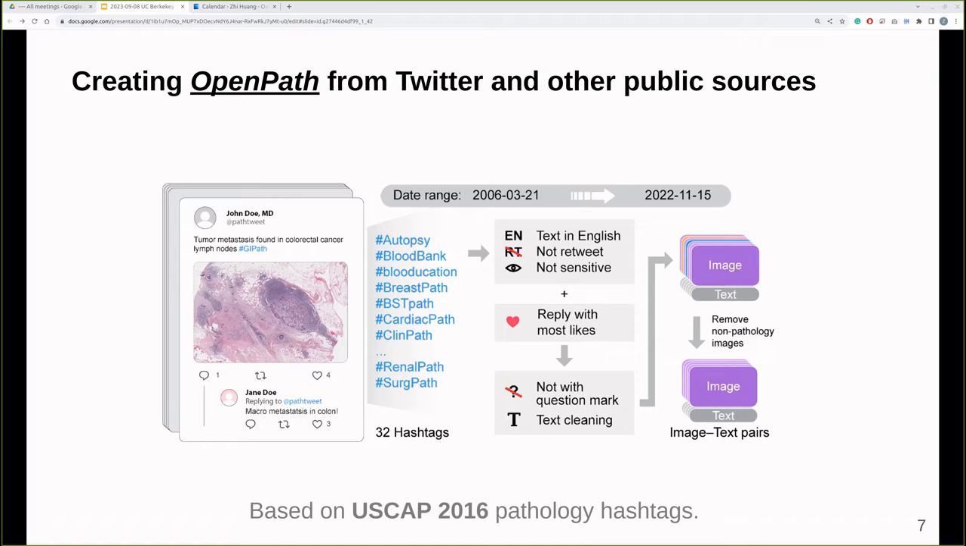We conducted very stringent image and text cleaning. For the text, we removed those text descriptions not written in English, and removed retweets, and removed those Twitter posts which were classified as sensitive by Twitter. And we also collected some of the replies with the most likes, because we believe those replies may convey more or less pathology knowledge associated with the post, right? We also removed those descriptions sometimes with question marks, because we believe those typically have limited knowledge associated with the image they post. And we also conducted additional text cleaning to ensure the quality, such as removing emoji or some other